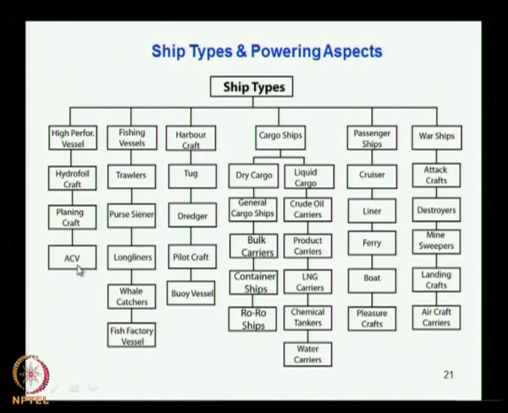And one more, the surface effect ship, which is usually a catamaran type, with a very fine shape. The open end region of the catamaran is covered with a skirt and they form a chamber, and air pressure inside is created using fans, and then it performs more or less similar to air cushion vehicles.